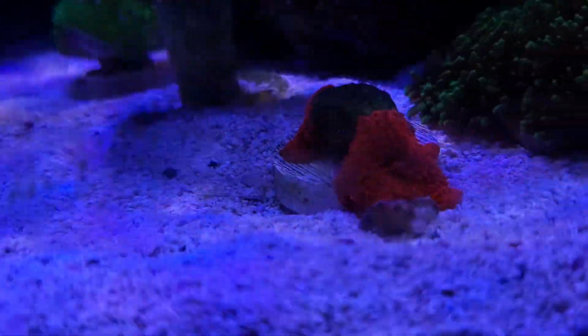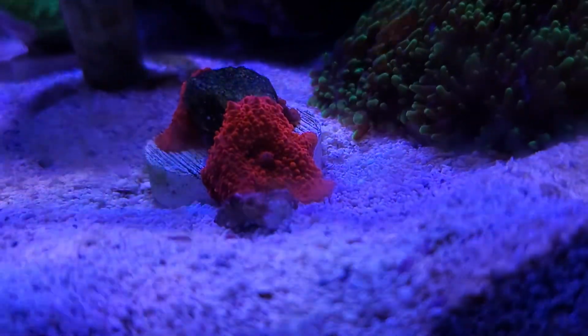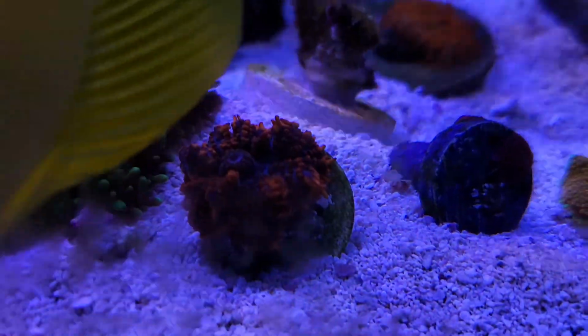Deadpool, which is actually pretty big. Right now it's small. I did do a water change today, but I've seen it and it looks bigger when it's extended. Then we have the hairy mushrooms. Then we have this Rhodactis right there,